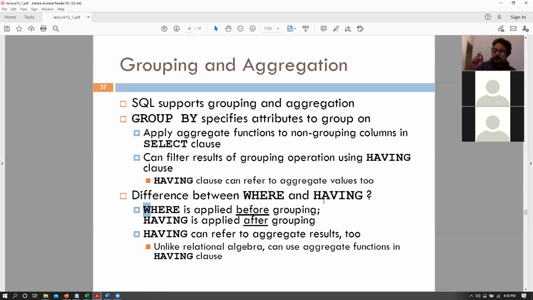But the corresponding clause for selecting rows after the grouping operation is the having clause, right? So remember that the where clause is applied before grouping, while the having clause is applied after grouping. Apart from that, both of those two things are the same thing. They are just used to select sub rows. They can have subqueries, they can have conditions, everything that where can